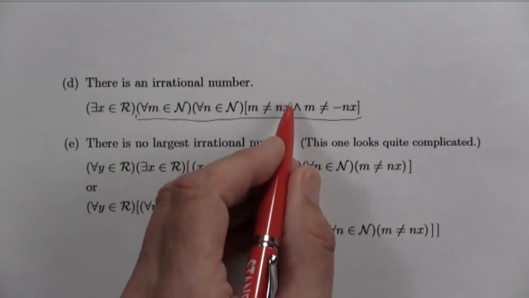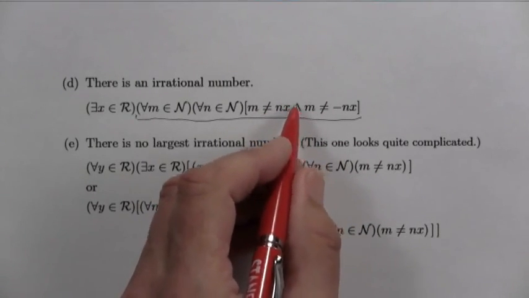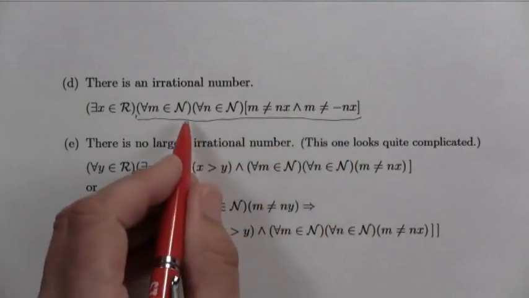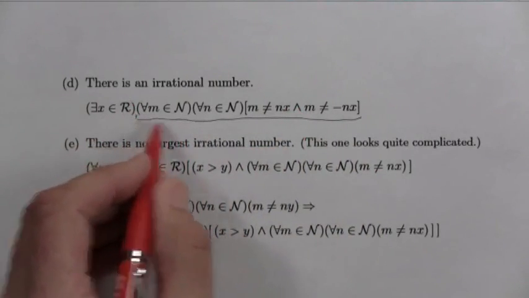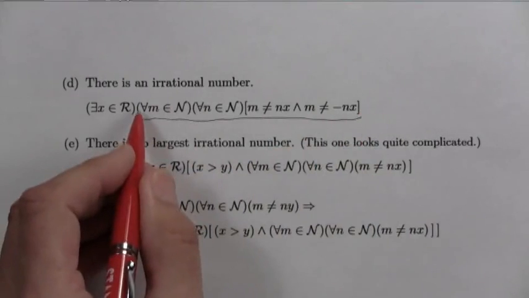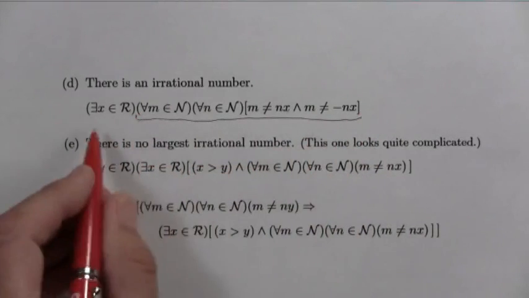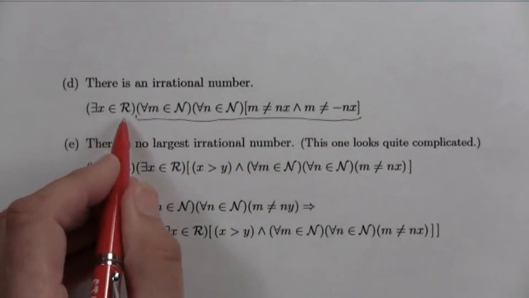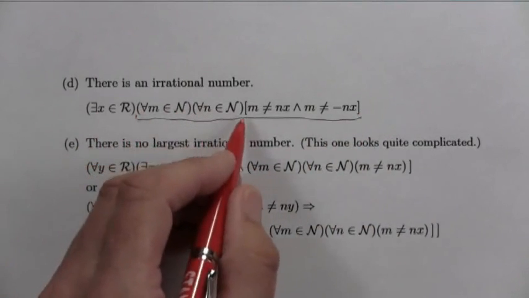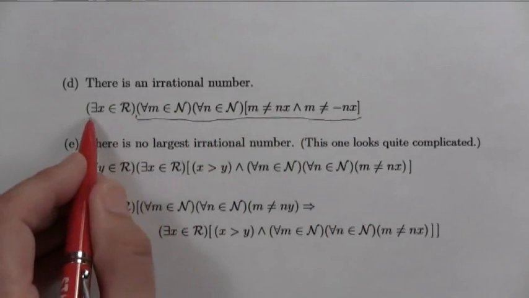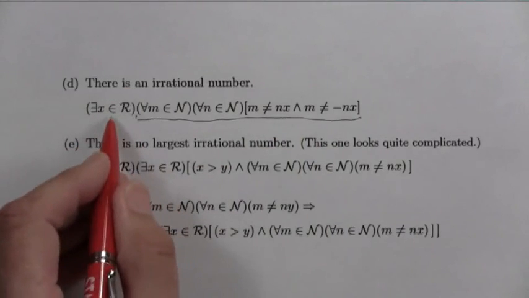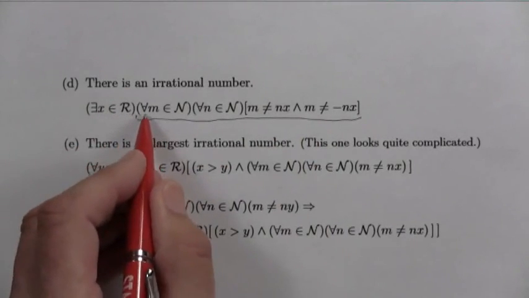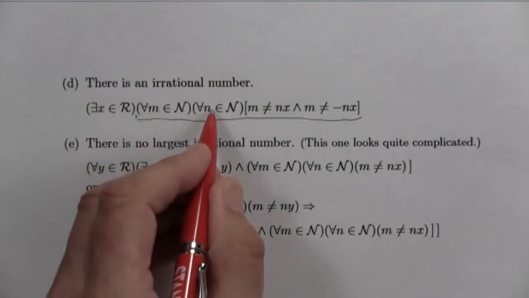Previously we had a disjunction here because we were talking about the positive thing, and I've really just negated what came before. Notice that I'm not putting brackets around this whole thing because I don't need them, because when you read left to right, there's only one way to read this because of the parentheses I've got in. There is an x in R. This is going to be the irrational number we're asserting to exist, with the property that for all m in N and for all n in N,